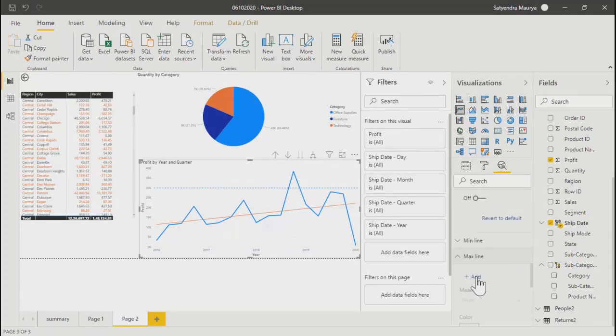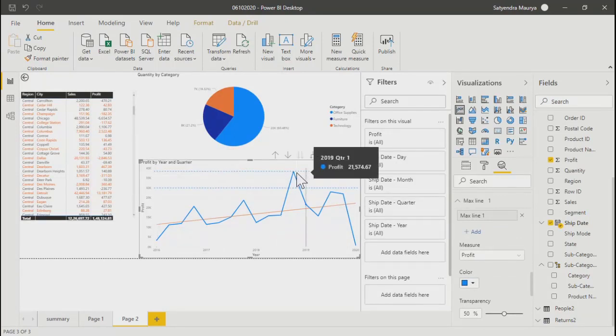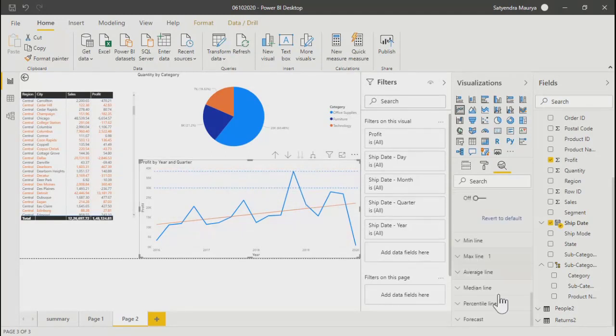It's going to show you the maximum line by profit. It has already taken the profit because profit was used over here as a measure. See, it has added one more line over here, 40,000. So that is for the maximum value. Average is there, median is there. Similarly, if you select average profit line you will get it, and a median profit line you will get.